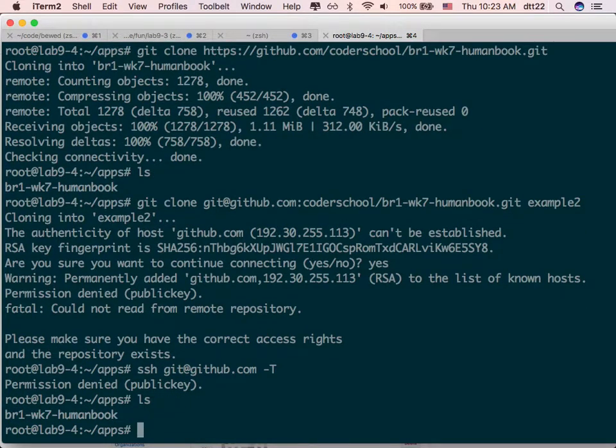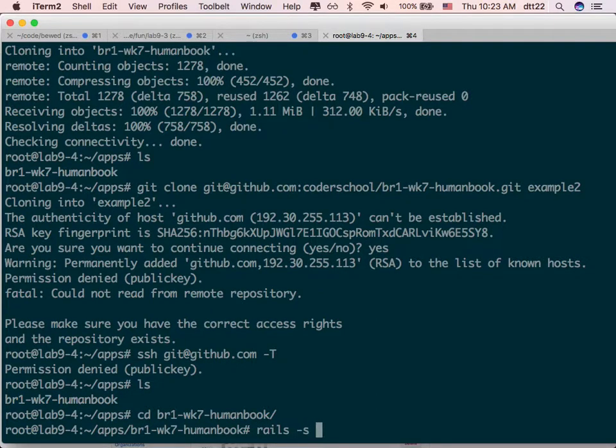Wait, why do I not have this? Okay. Run this and tell it to use a different port. Right? Maybe, I don't know if it works or not. Rails server, like, port 80. This, for example, Rails will be standing on this port and accepting requests from outside.